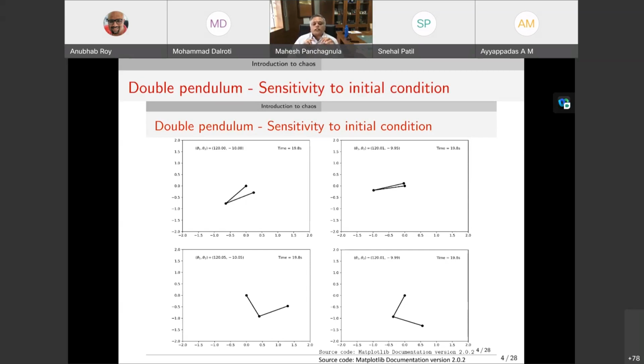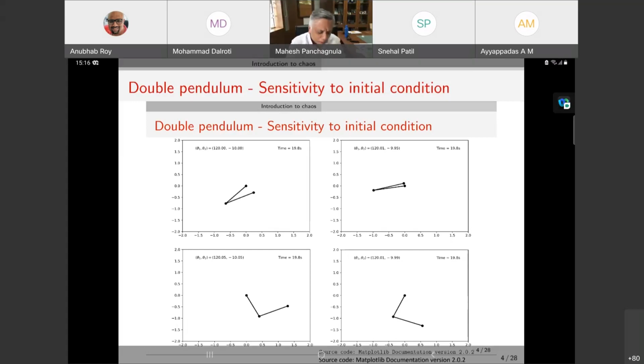The trajectories associated with these four double pendula started in a very small space of initial conditions in the theta 1, theta 2, theta 1 dot, theta 2 dot space. But as they evolved, the trajectories associated with these four systems have diverged quite a bit away from each other. Now, the answer to why this sensitivity arises is a question I think we all need to understand at this point.